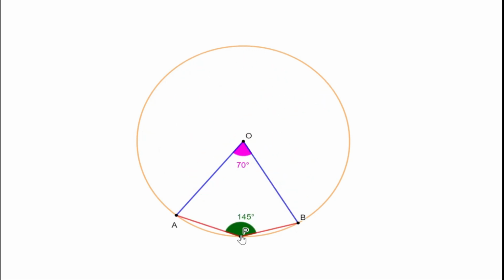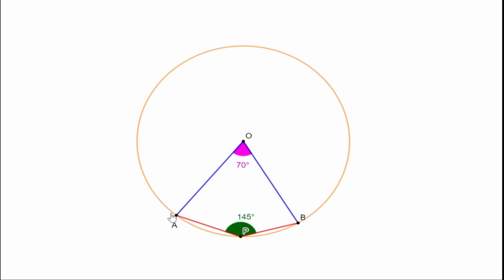Now what happens when this angle is on this arc? Now we can say this angle APB is the angle made by the small arc AB on AB itself. It is not on the alternate arc. Therefore, that is not half the central angle. But we can consider it in another way. Consider the large arc AB. This angle is the angle made by the large arc AB on its alternate arc.